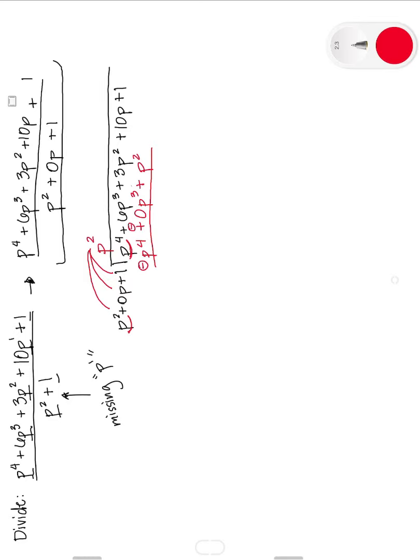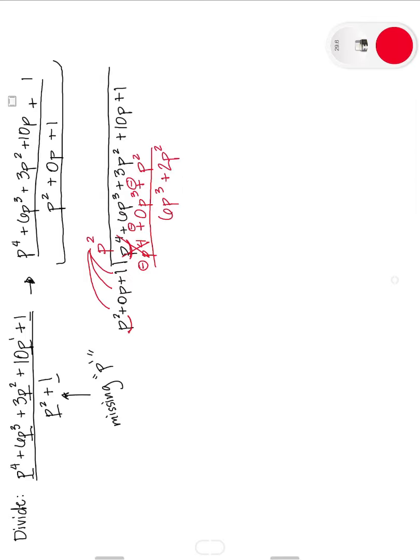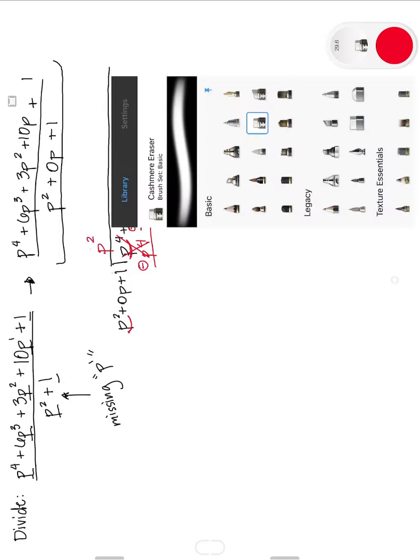And then from here, we can go ahead and subtract. Alright, so p to the fourth minus p to the fourth cancels out. 6p cubed minus 0p cubed is going to be 6p cubed. And then 3p squared minus p squared is positive 2p squared. Okay. Now we have